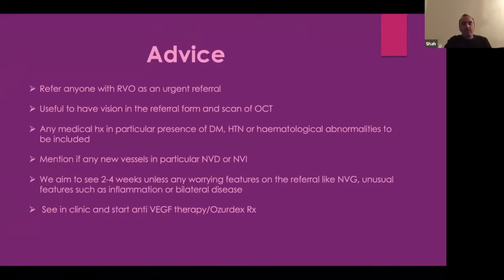So my main advice to you before breaking out, I don't know what the time is at the moment, and I'm sure we have some questions in a minute, is to refer anyone with retinal vein occlusion as urgent. Include as much information as possible. Often people say, oh, can you see this patient with retinal vein occlusion? And you can't really triage that. Although the vision's there, I'd want to know, is there an RAPD? Is there macular edema? Because I'd say the majority of opticians now have an OCT. And is the contralateral eye involved or not?